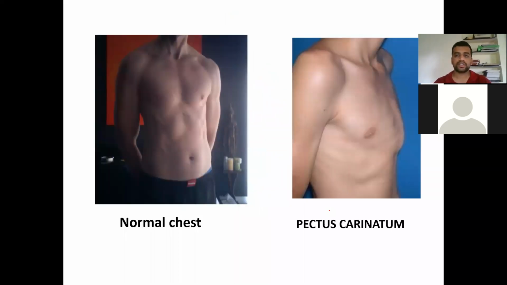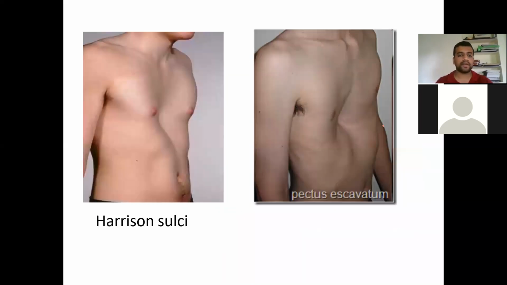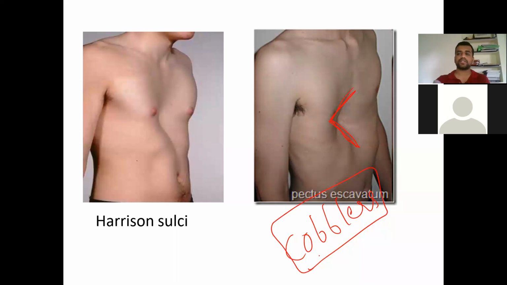So this is the normal chest, and you're having a pigeon chest. It is also called pectus carinatum. If you have a pigeon, the chest will be like a shield, like this person is having. So that is pectus carinatum. Then you have a pectus excavatum here. It is something like excavated. You also have it called cobbler chest. Cobbler is like shoemakers, who have a device where they make the chappals or shoes, and that compresses over the level of the sternum.